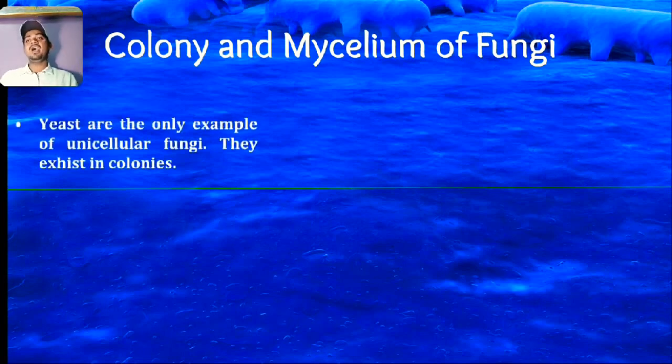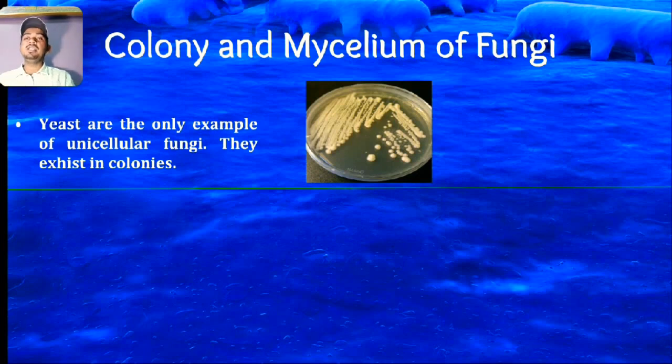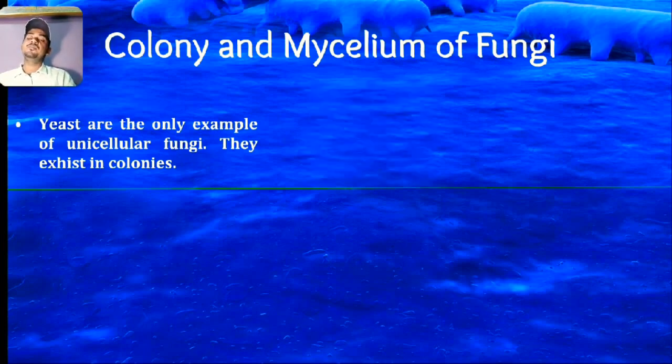Okay, now, my dear students, there are colony and mycelium. These are two types of structures which fungi form to live. We all need some structure to live, like we need a house, a locality, a colony, a city, states, countries. Just like that, fungus also needs some structure to live. There are two types of living structures of fungus. Let's have a look at both of them: colony and mycelium. What are these things?